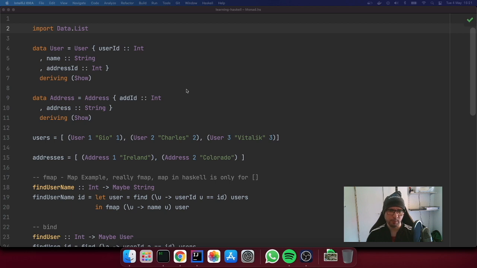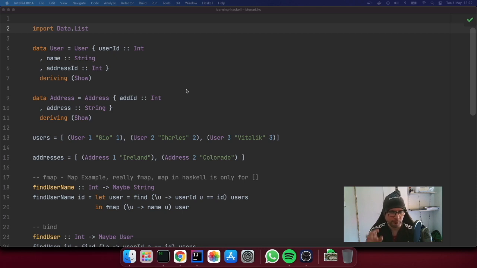So, in this example, what we are trying to do is to use the concept of something being optional, so that it may or may not exist. We look up either users or addresses, and we leverage the so-called maybe monad to deal with the fact that the user or the address is optional.